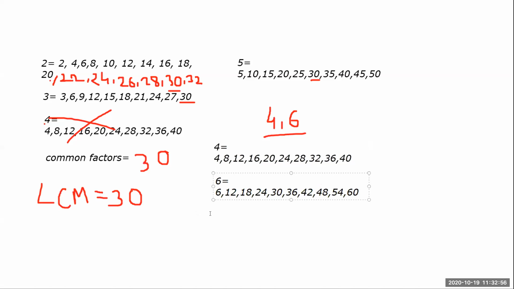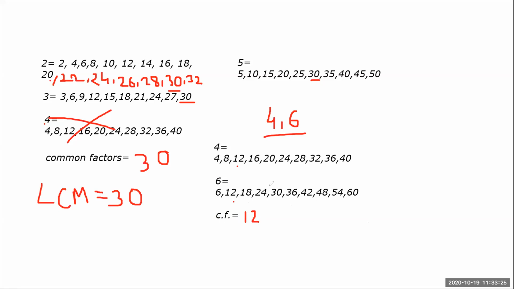Okay, now let's find the common multiples amongst these two. I am writing in shortcut, you don't need to write. Yes, you have to write the common multiples properly. Now let's do common multiples so that we will get our answer. So 4 is there here, not 4, 8, no. 12 is there. In this 12 is there. So here the common multiple is 12.